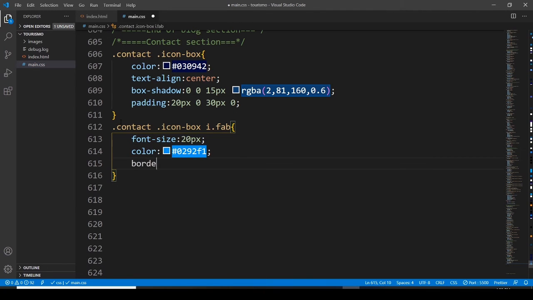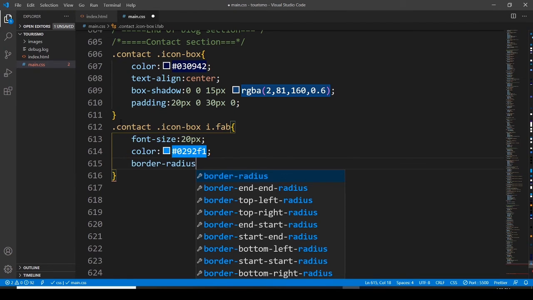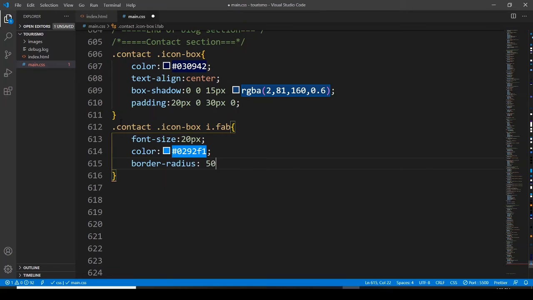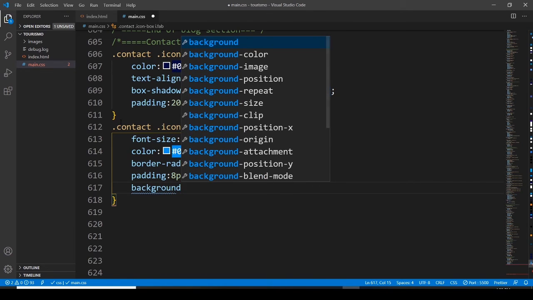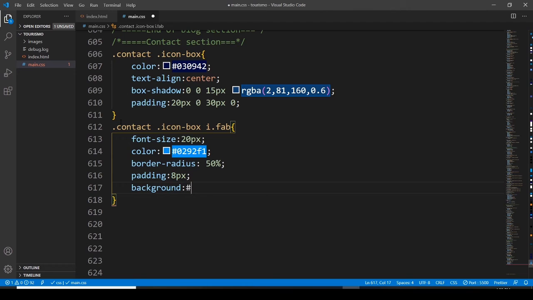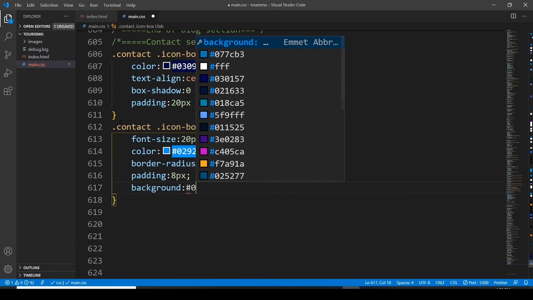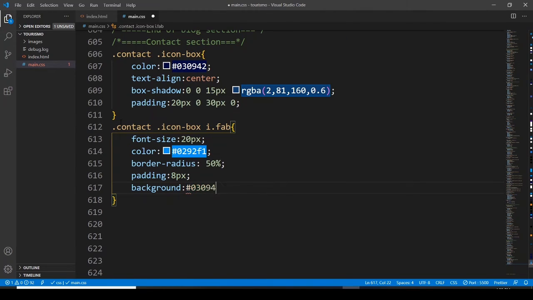Okay, and then we have to go with the border radius. So border radius, and it is going to be 50%. So padding is going to be 8 pixels, and then background is going to have a 030942,